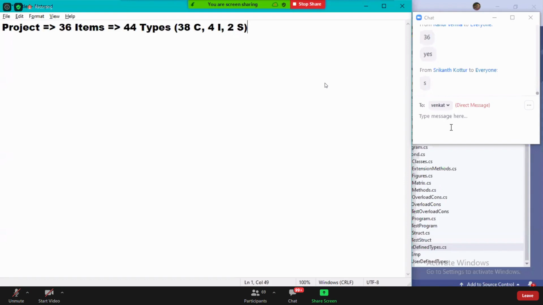Like this, he divided the application into some 10 different modules.